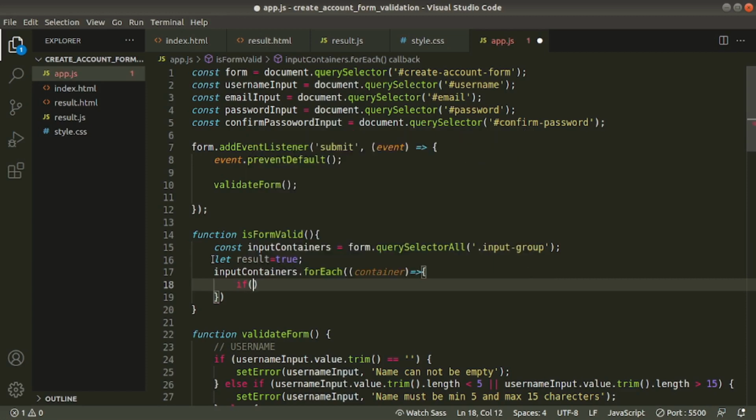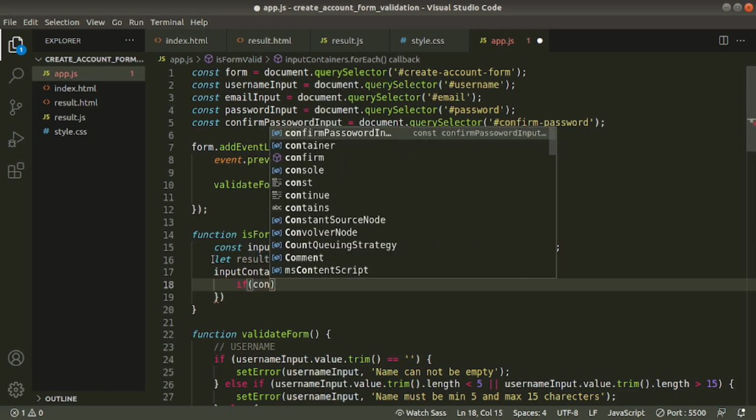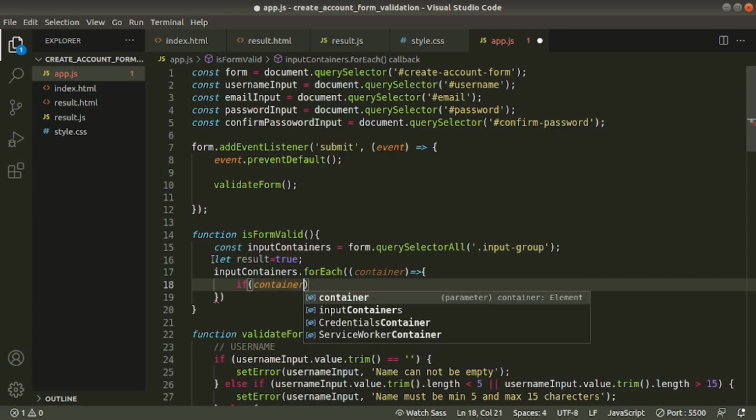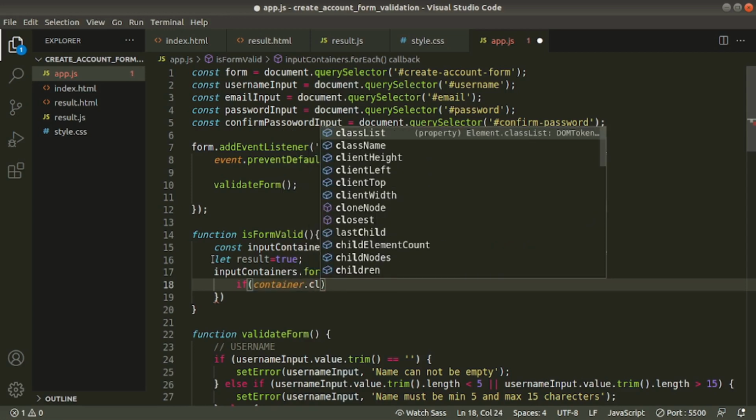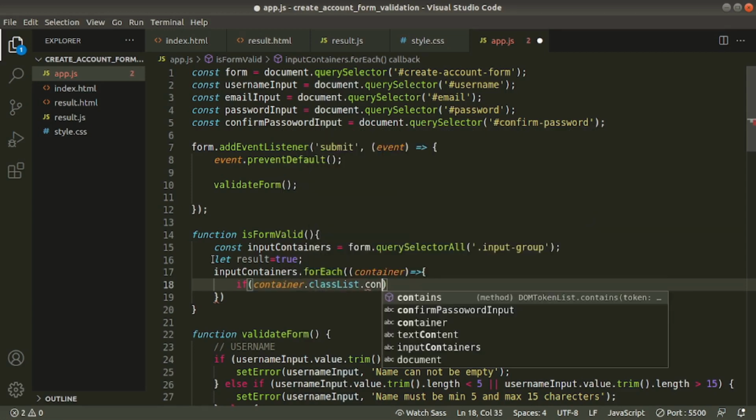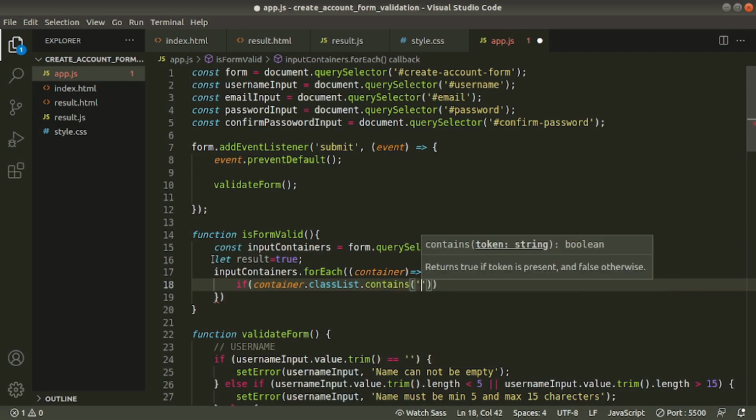If container.classList.contains error class, then we know we should not submit.